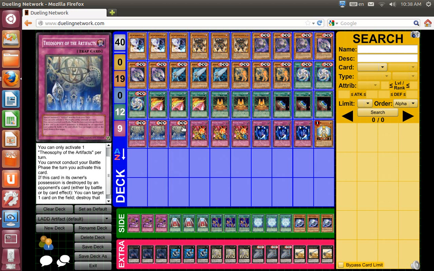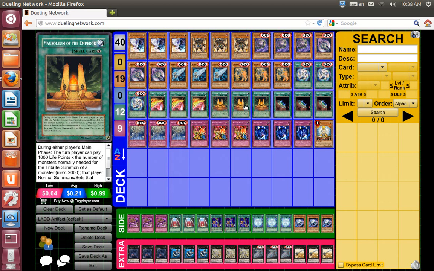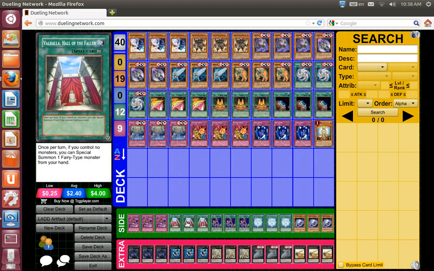Then I could have activated my other copy of the Theosophy of the artifacts on the field and been able to do extra stuff. But also at the time, I didn't have the ability to use my Xena Emperor, because I didn't have it in the deck. I was trying out